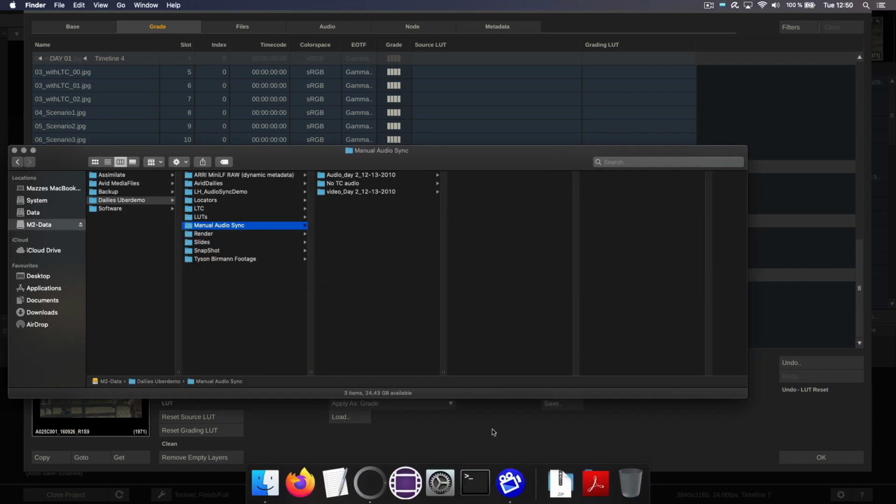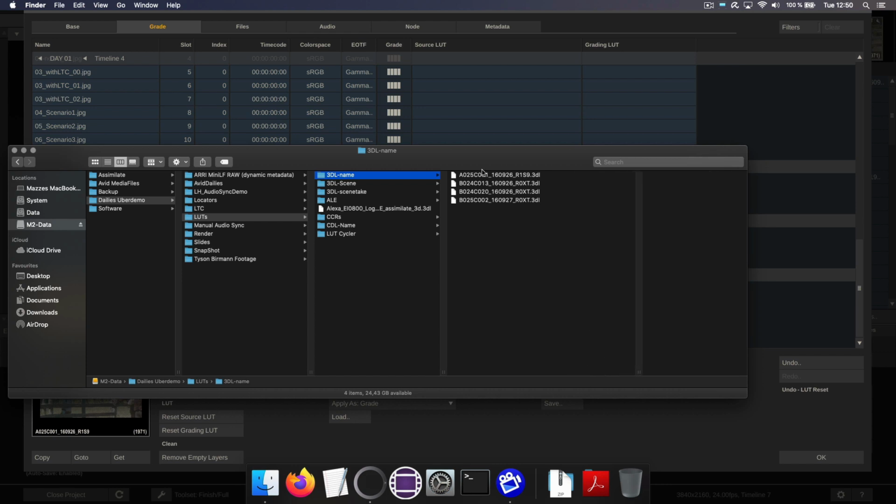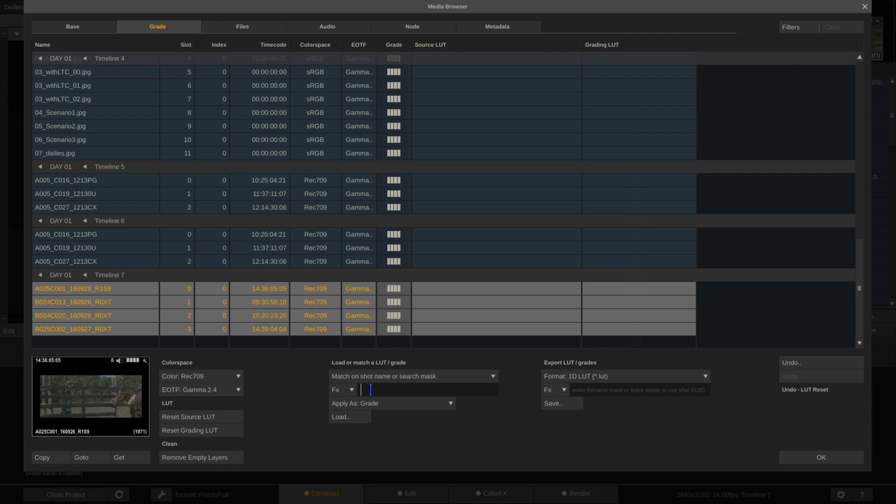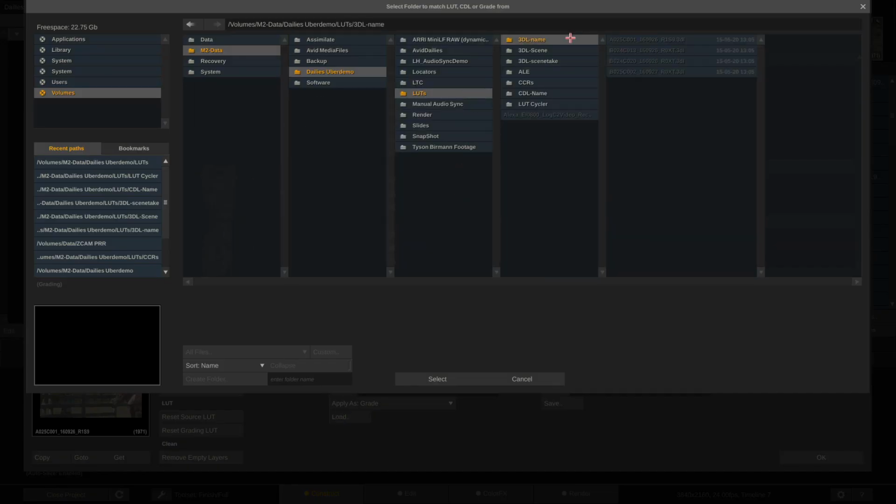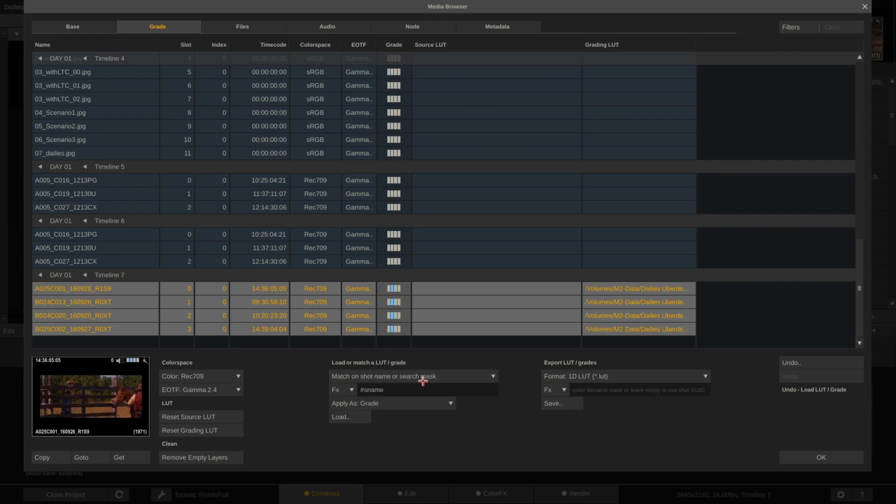Now if I alt tab into my Finder, go to my LUT folder, here I have a folder called 3DL name. So here are 3D lookup tables in there, and they have the exact same name as the corresponding video clips they are supposed to be loaded onto. So what I'll tell Scratch is just hashtag as name, source name, which basically tells Scratch, hey, you know what? Check the file name of each lookup table and compare it to the source name of each and every clip. Now, if I hit load and point Scratch to the folder containing those lookup tables, hit select,